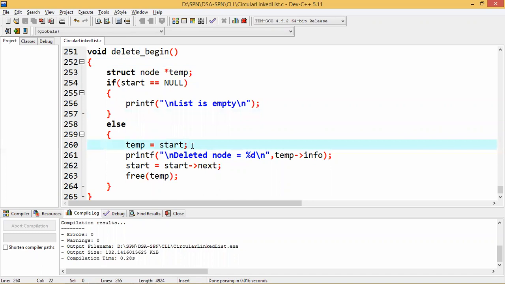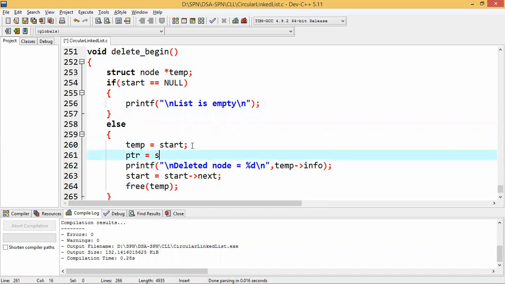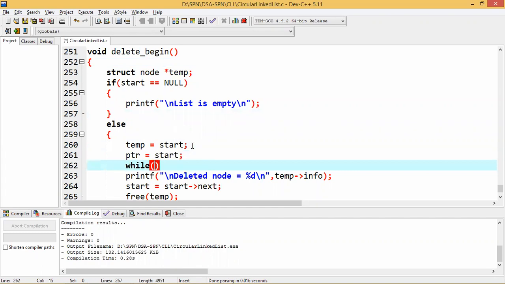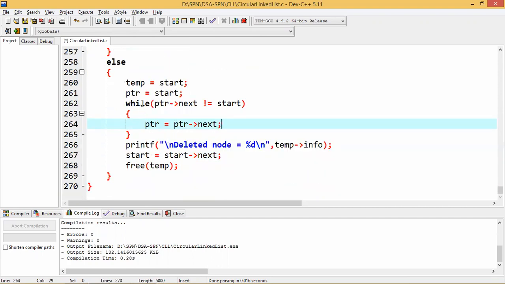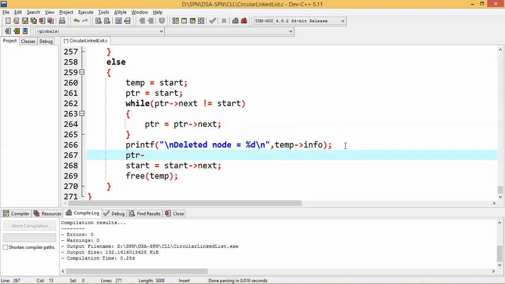Okay, so we'll take the help of another pointer, that is ptr. Okay, and I'll write while ptr next is not equal to start, ptr equal to ptr next. Okay, now after this loop, ptr will point to the last node. Done. So first I'll update start.